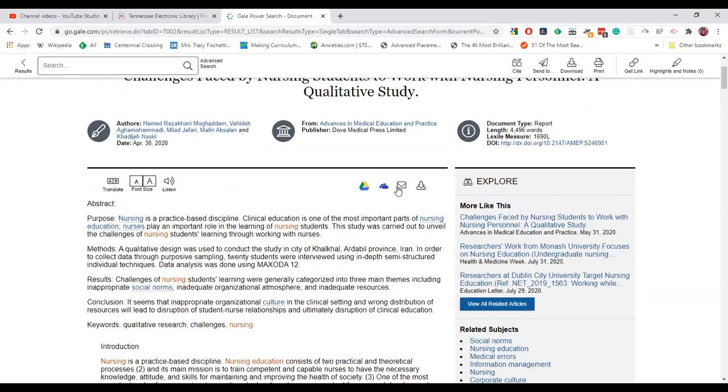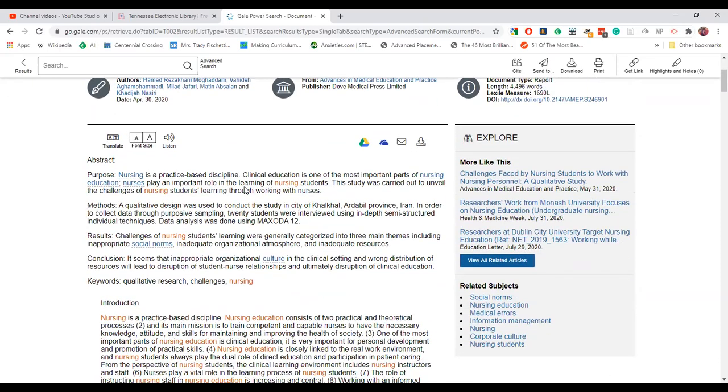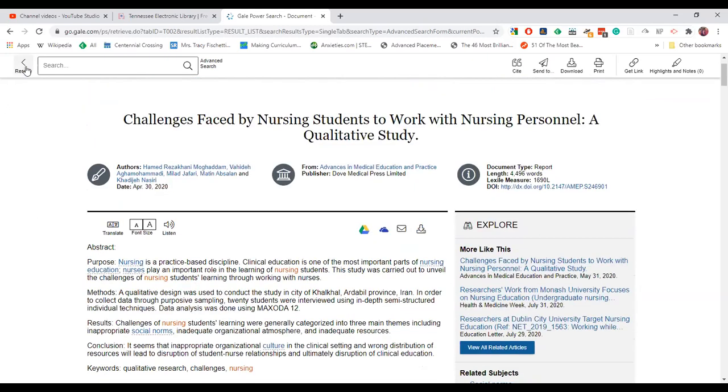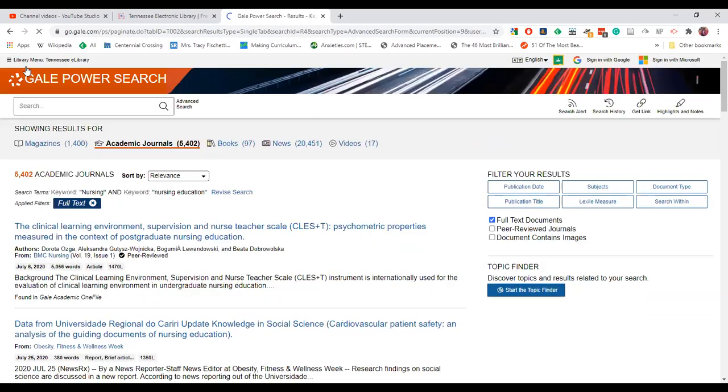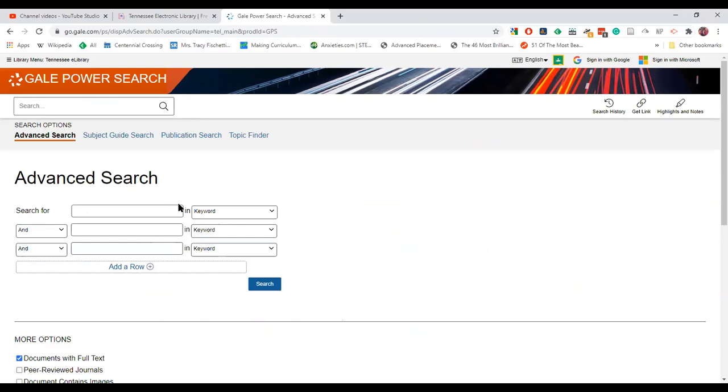But if you wanted to look at what it is like to be a nursing student, this is probably a pretty good article. If that wasn't what interested you, you wanted to find something else. Well, before we close up on TEL, let's talk about this. Is it just about careers? Actually, no. TEL really has a lot of